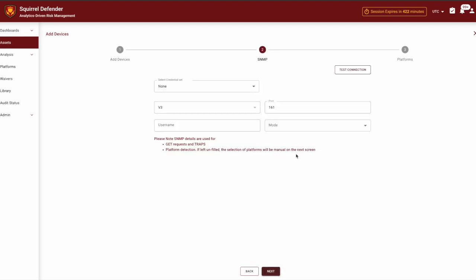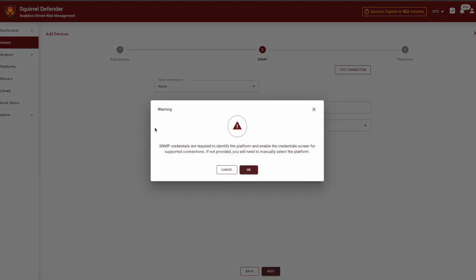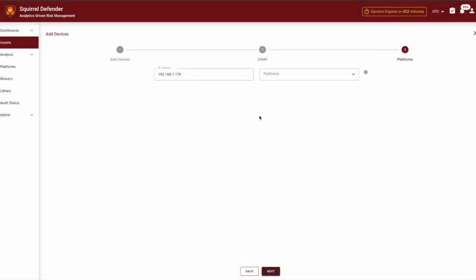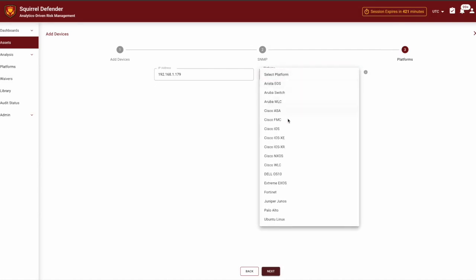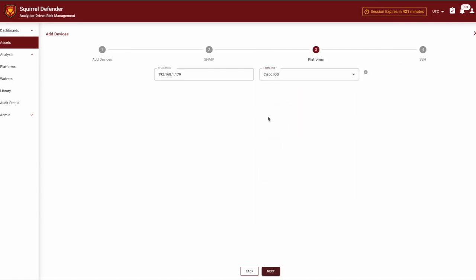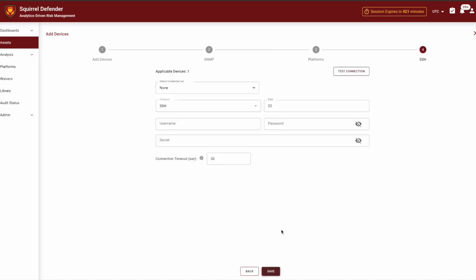We don't have SNMP set up, so we're going to bypass this step and click Next. We'll give you a warning that certain information may not be brought in, and we'll just say OK. Because we didn't have SNMP set up, we're going to manually select the platform as Cisco iOS, and then we'll click Next. Here, you can either manually key in a username, password, and enable password,